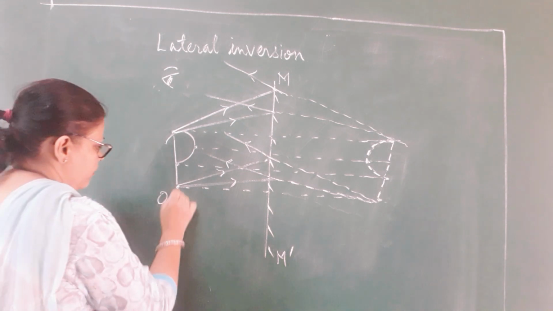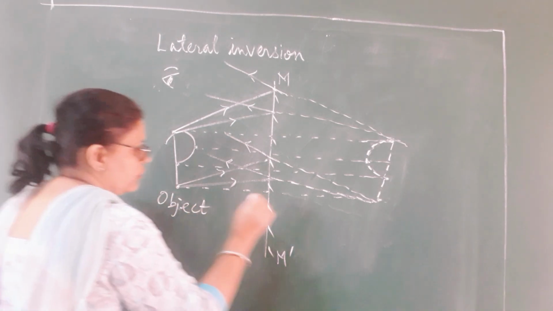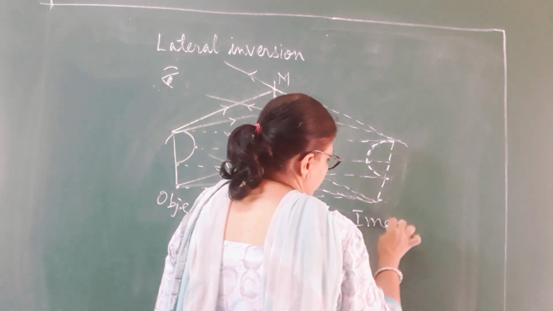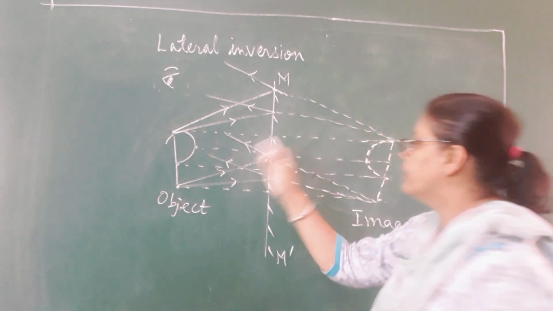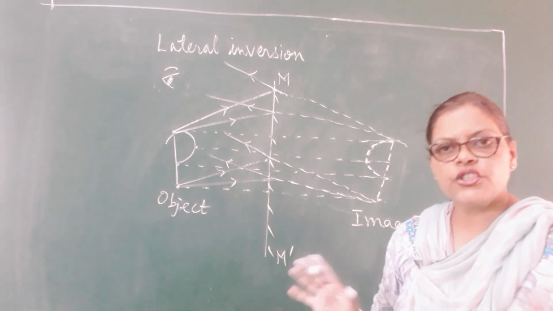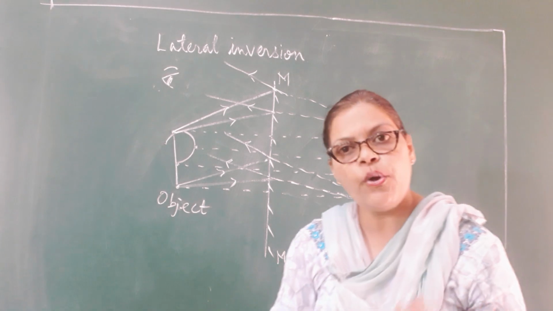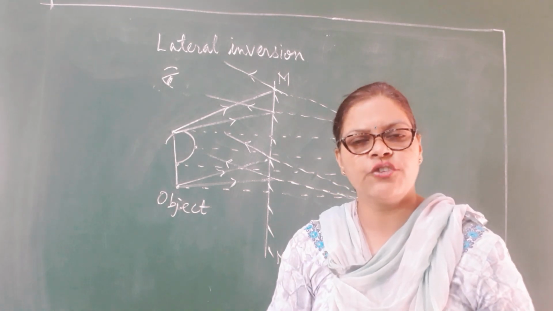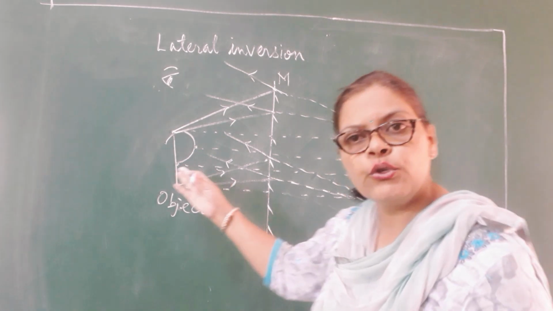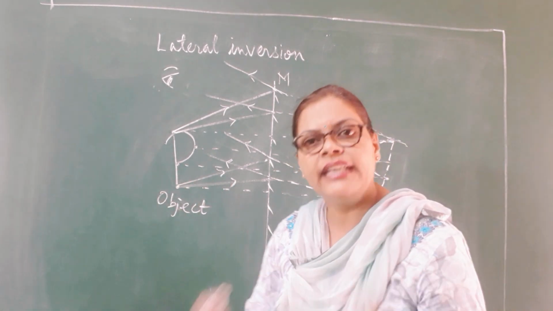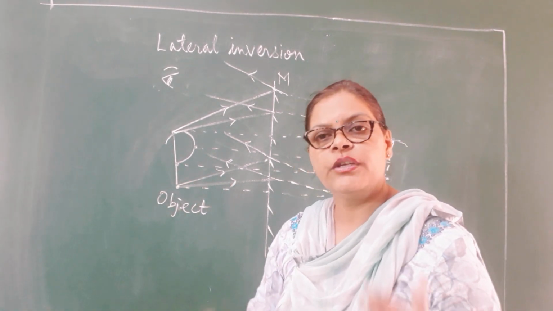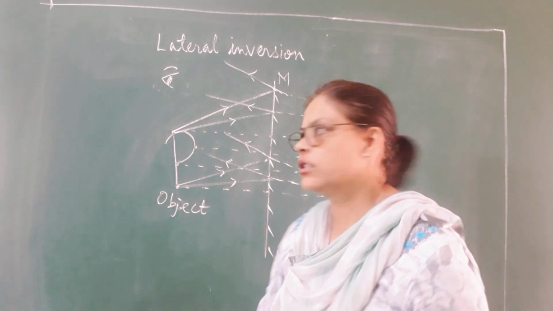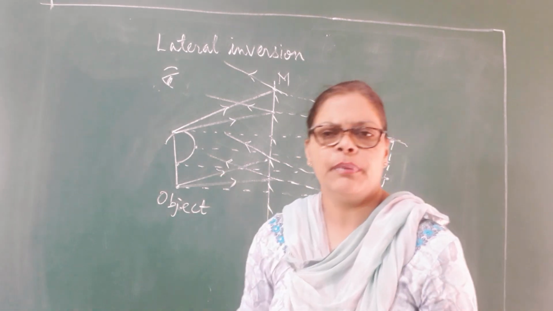So this is your object, children. This is your image, and you can see that. Have a look. See, the procedure remains the same, whether it is a point object or an extended object or a laterally inverted image of any alphabet. I have used P. You can use C. You can use D. Any alphabet which shows lateral inversion could be used. I am using the P. It's a simple one.